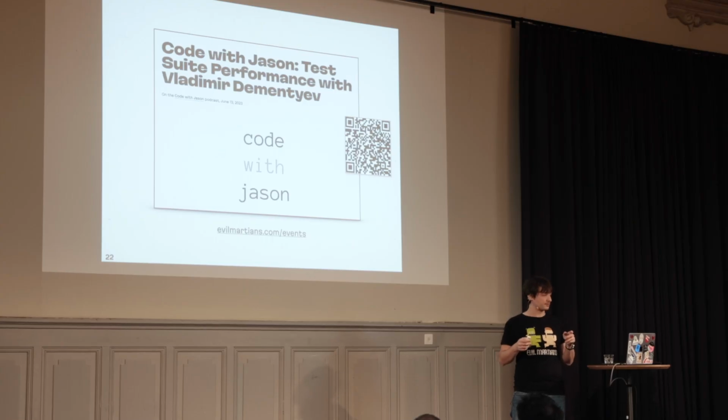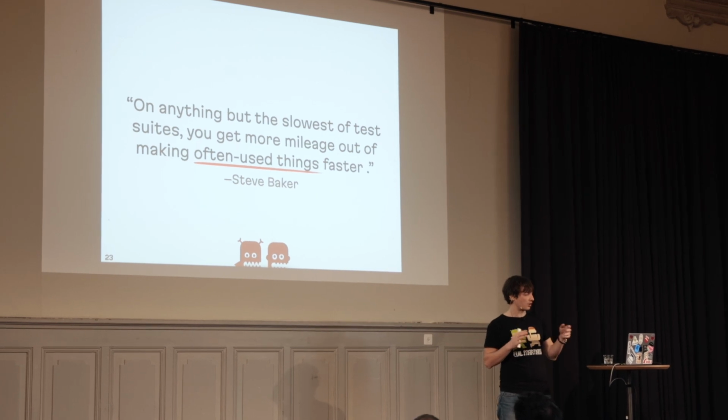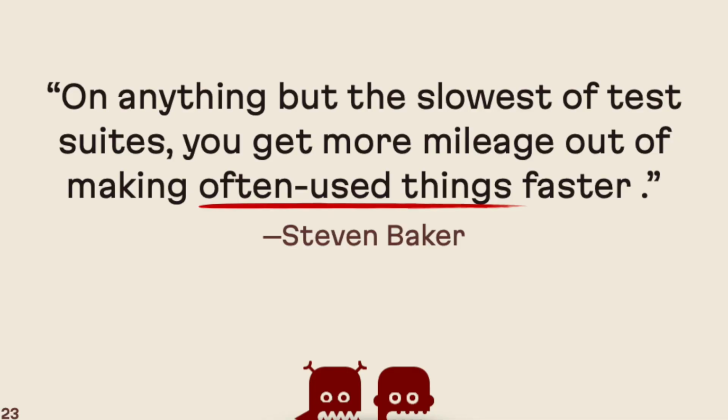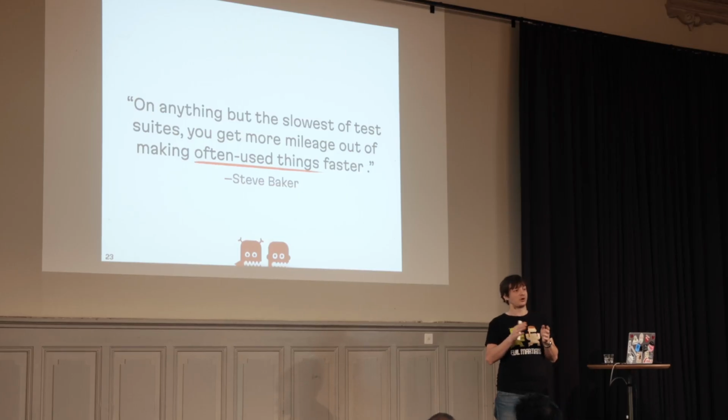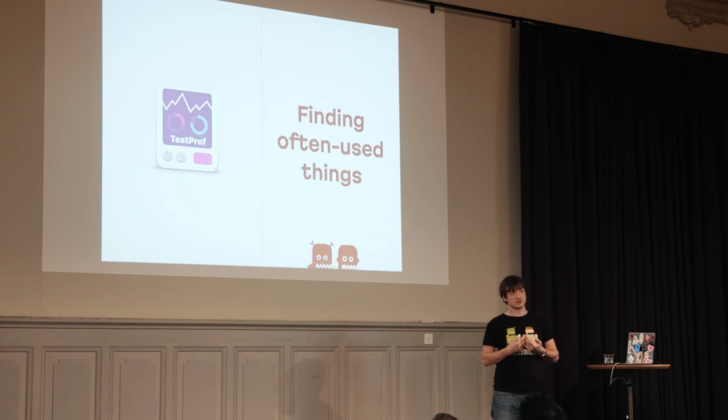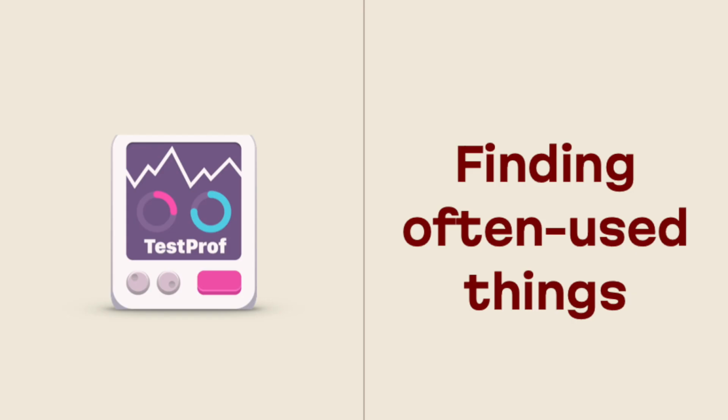But I want to turn back to the Stephen quote from Twitter. Stephen, by the way, is the creator of RSpec. But I'm not sure he's the creator of the profile feature. I don't think so. Maybe it was added later. So we must focus on often used things. If we find a way to optimize often used things, we will gain a performance boost for the whole test suite, or a big portion of it, instead of optimizing single tests. And to find often used things, we need a tool that is dedicated to this task. And that's how we came up with the TestProf idea, a Ruby test profiler,